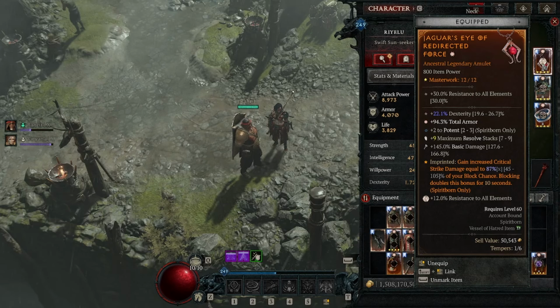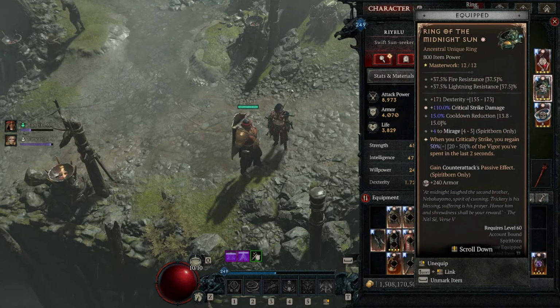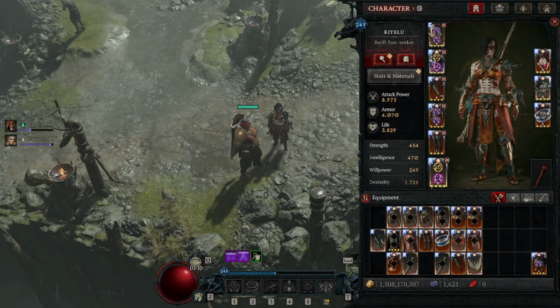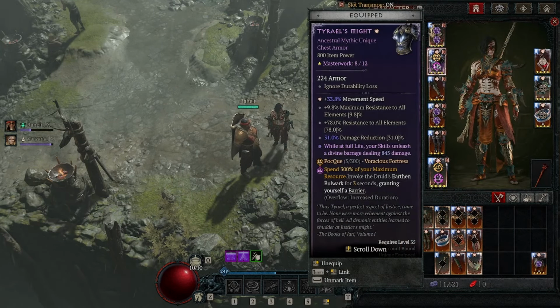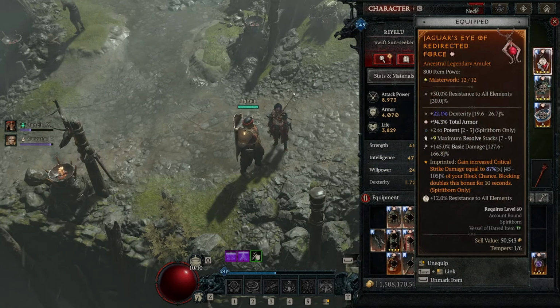So that pretty much wraps up the build. It's more than capable of doing all endgame content in Torment 4, and can push up to tier 115 pits and beyond, no worries, provided you get the masterworking all set. The rest of the build is relatively attainable outside of Tyrael's, which even then isn't so bad thanks to how